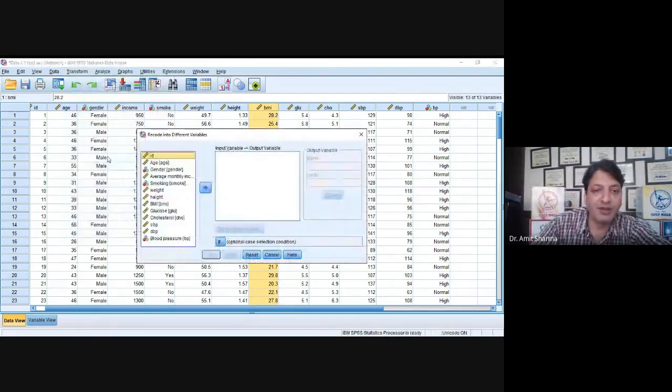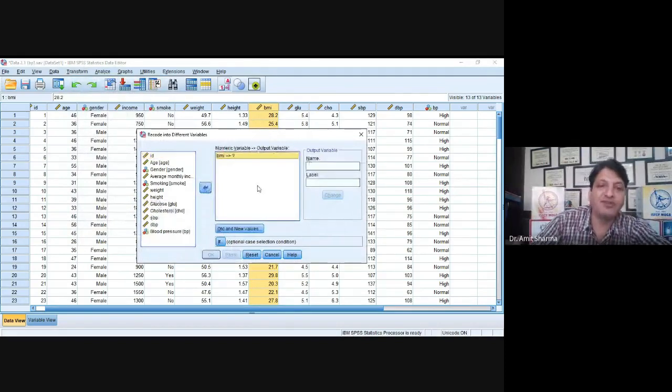If you click on Different Variables, you have to add the BMI, because the BMI data which we have entered is given in the form of numbers. So we are going to convert the numerical data into categorical data, where we will have three different groups of BMI. So I will give the new name BMI cat and label BMI cat 1. Clear? So to convert the data which is given in the form of numbers into categorical data,